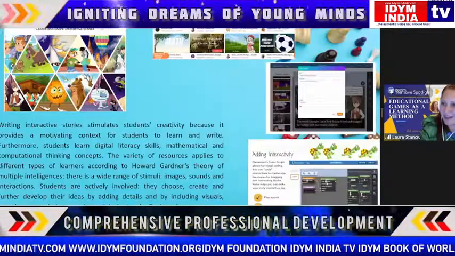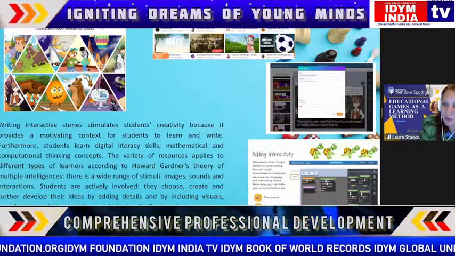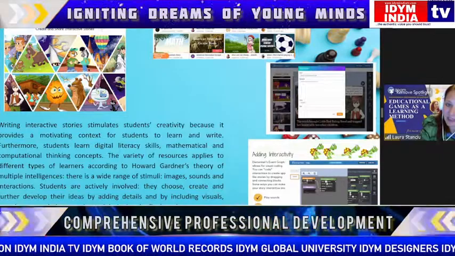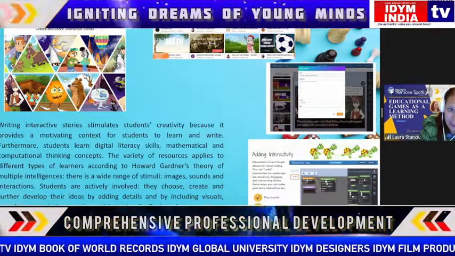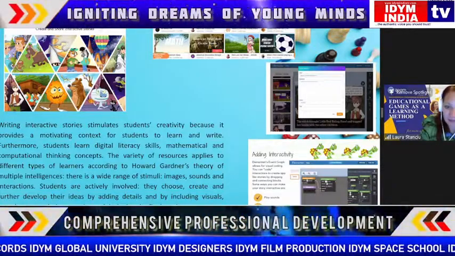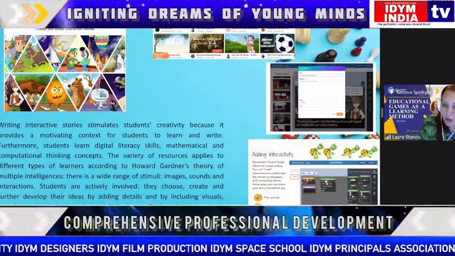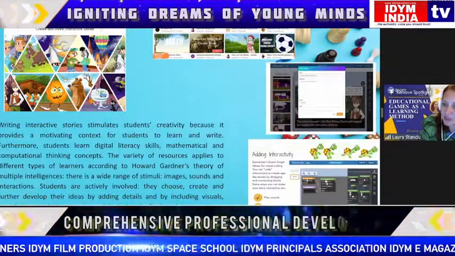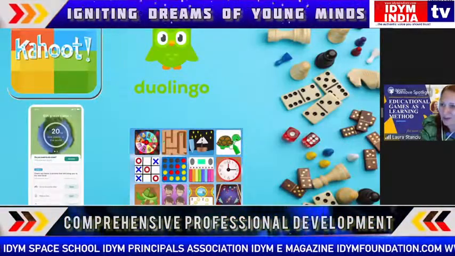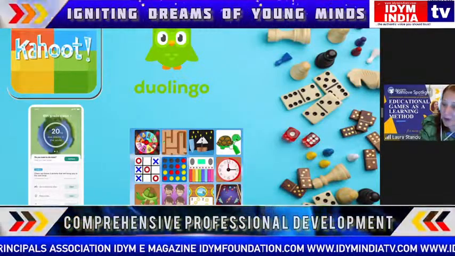These are just some examples of games. There are so many more. And here I wanted to show you how games can be used in stories. This is a platform that I discovered. It is called Elementary, and it allows students to write stories and to add graphics and movement and voices to their stories. So they also use coding. They can code interactions to create their stories. So this is just one of the means used to make writing more interesting.